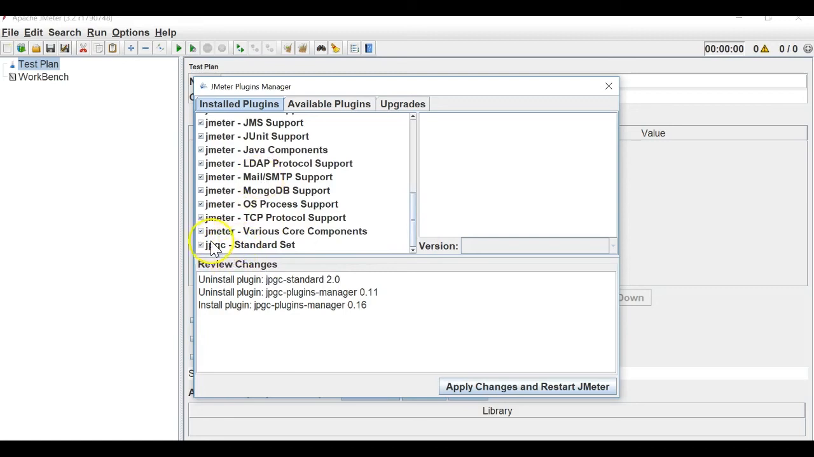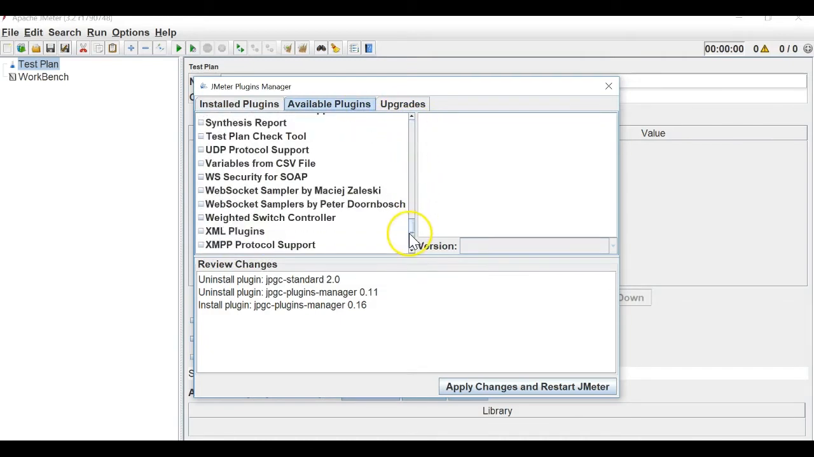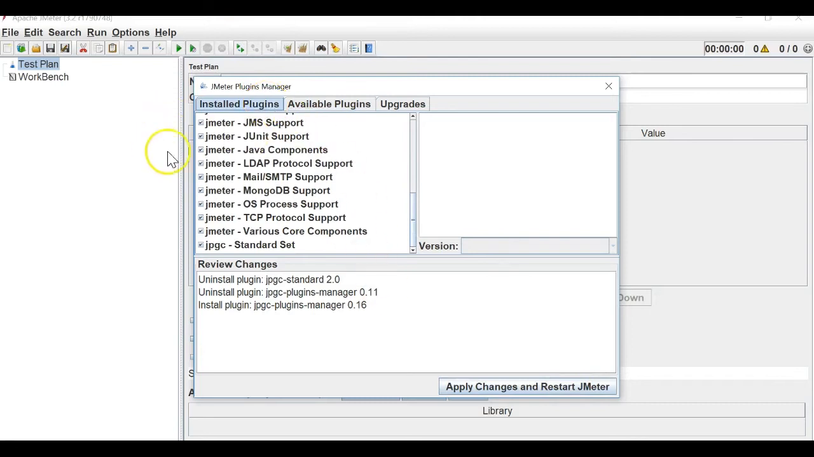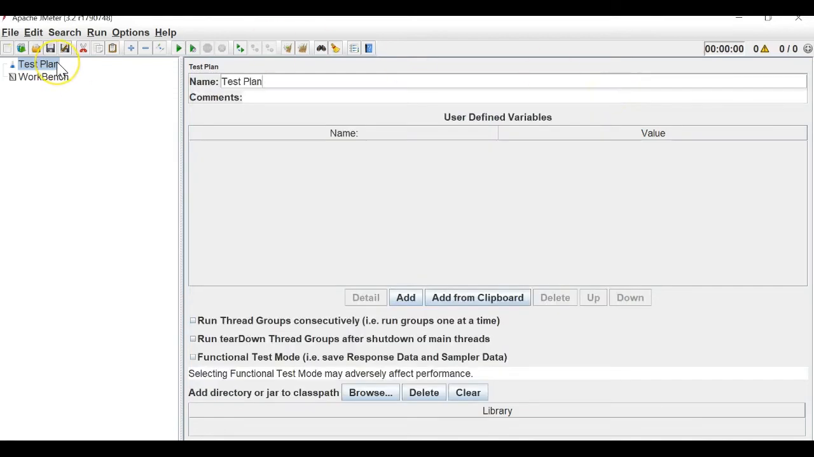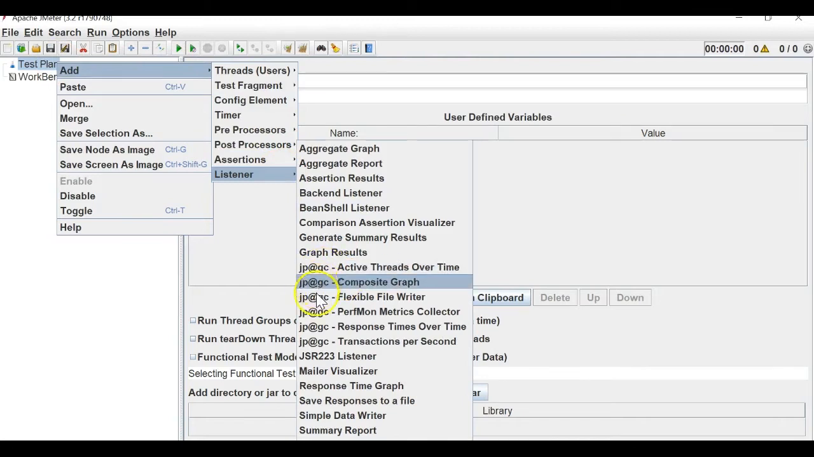So we have already installed it, but if you haven't, in your available plugins section you will find something here. You need to just check the box, apply the changes, and restart your JMeter, and then it would be showing under your installed plugins section. Once the plugins are installed, if you go to your listener section,